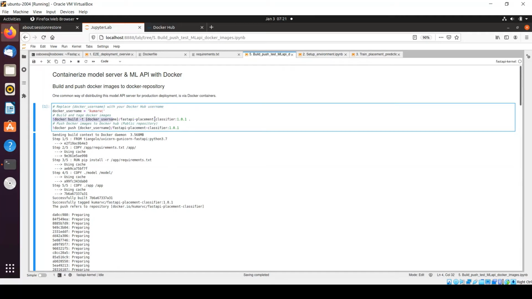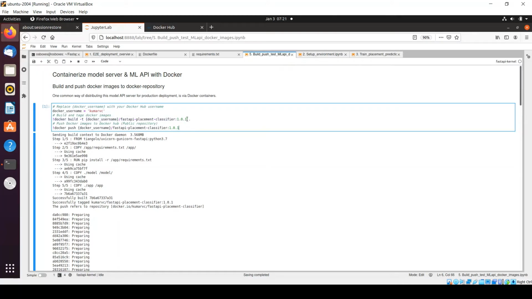And then I need to build the Docker image. In order to build a Docker image, you need to run this command, docker build, and then you need to give the tag name with -t for tagging your Docker image, and this is the Docker image name.